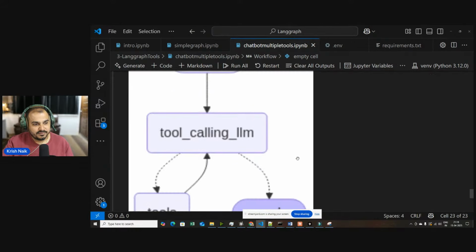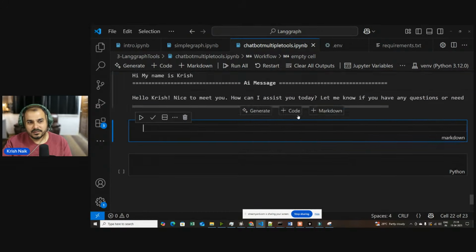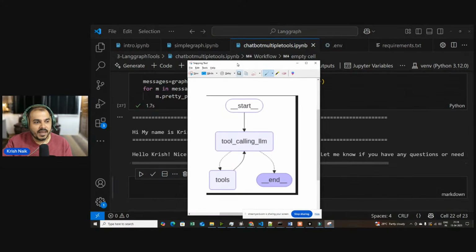If I have this diagram, then what changes do I have to make in the graph? Right now, the tool calling LLM is directly calling the tools and going to the end. Now, if I need to make this specific change,